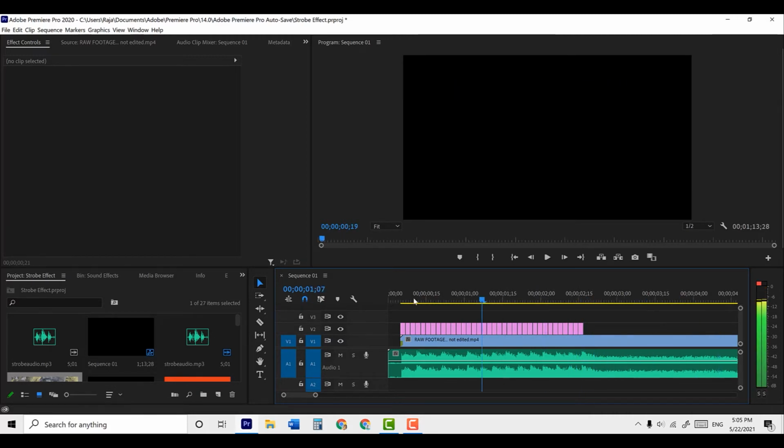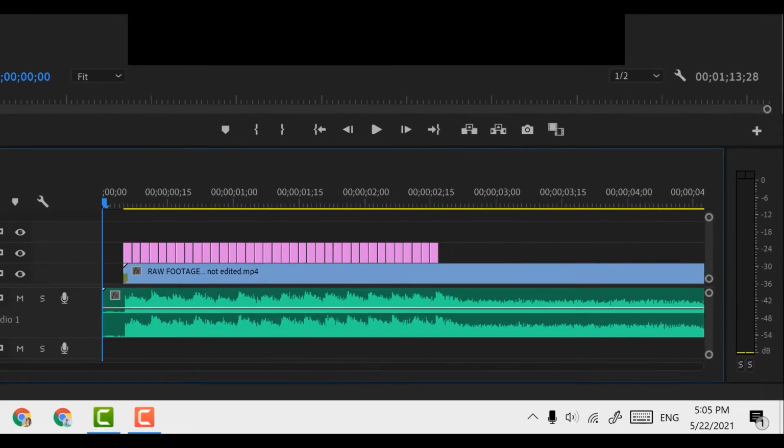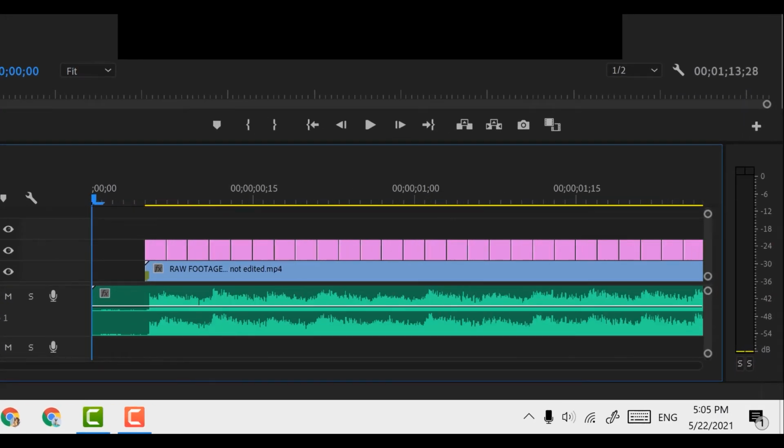So when you just play, it has been cut. Now the main thing is guys, you need to alternatively cut it. Like for example, we have these 3 frames, the middle frame should be cut. Yeah, like this you need to just cut the middle frames till the end.